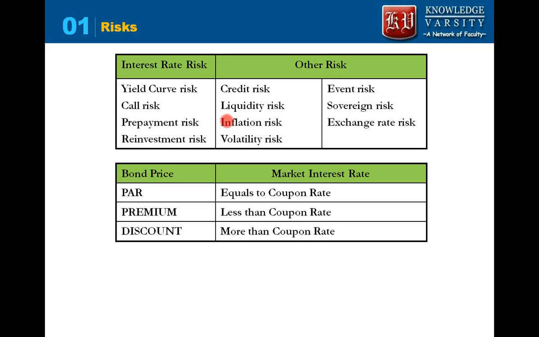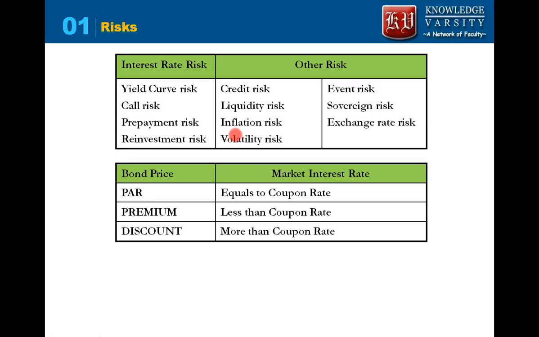Inflation risk. Bonds are fixed income instruments. They pay fixed coupon payments, but during times of inflation, the coupon that is being paid, or the interest that you will earn, will not yield anything in real life. So whatever is being paid is nominal, not real. Volatility risk. This risk is present for the bonds having embedded options like callable and puttable bonds. Due to the volatility of the interest rate, the callable and puttable bond prices vary. So that is one more risk to the bond investor.